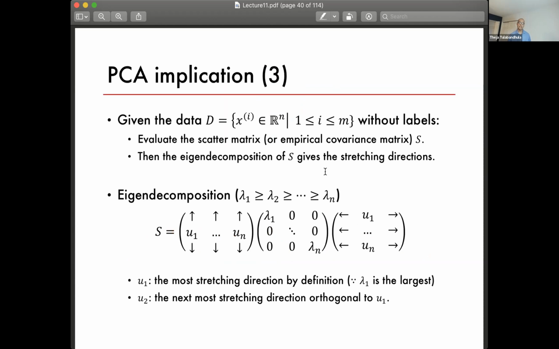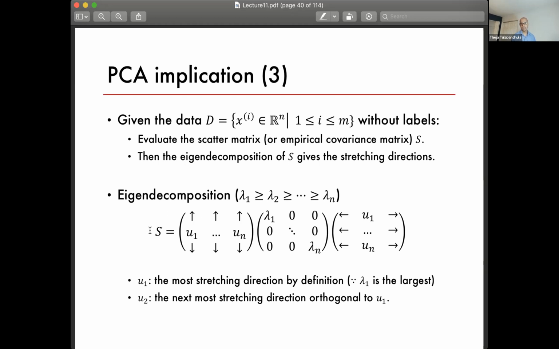So what are the implications currently? Given these original data points without labels, we evaluate the scatter matrix. You saw that it's each data point minus the mean data point, outer product with itself. That will give a matrix, and you just average out all these little matrices. That's the scatter matrix. Then do an eigen decomposition of S. Eigen decomposition of the scatter matrix just means find its eigenvalues and eigenvectors. If you have an original matrix S, which in our case is positive semi-definite and, by definition, also symmetric,